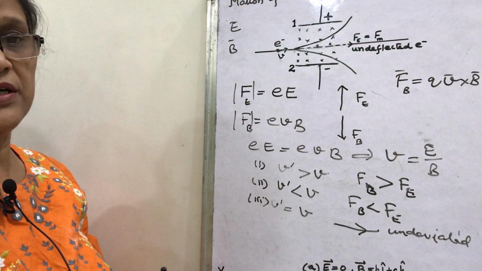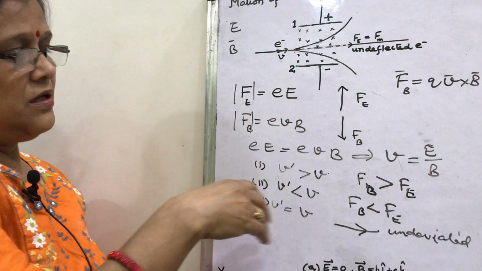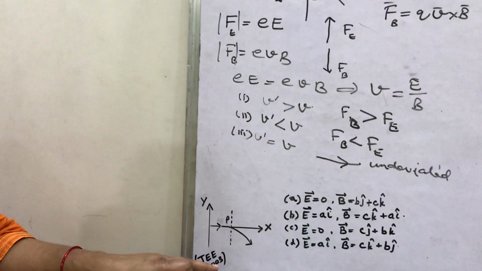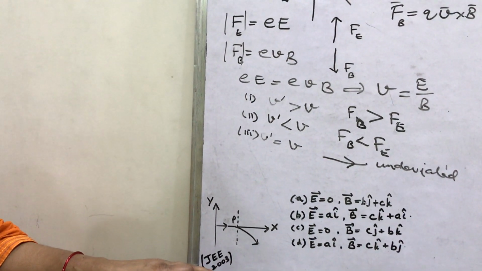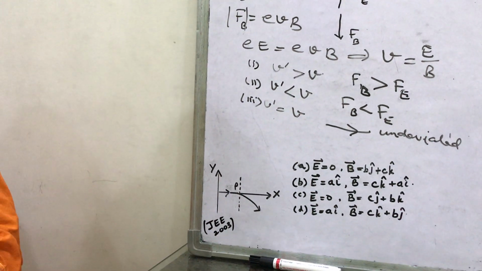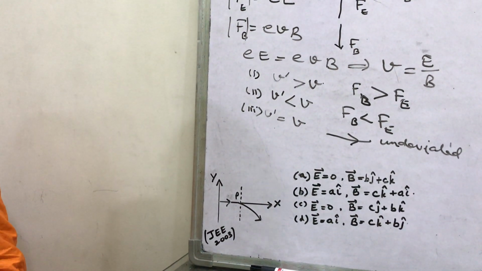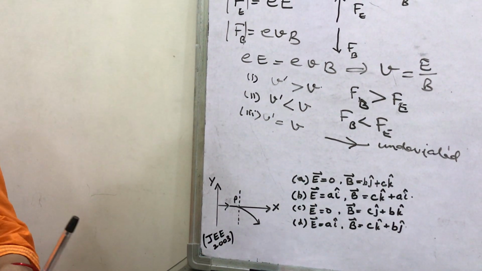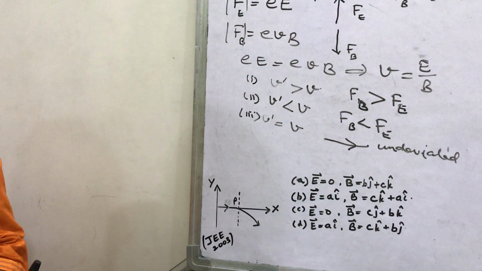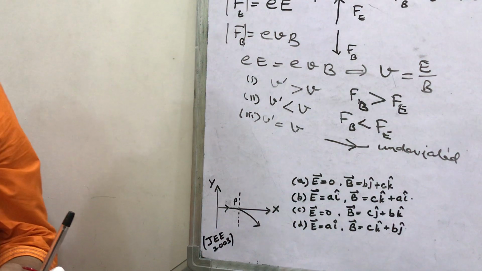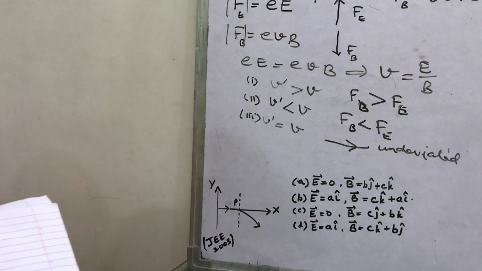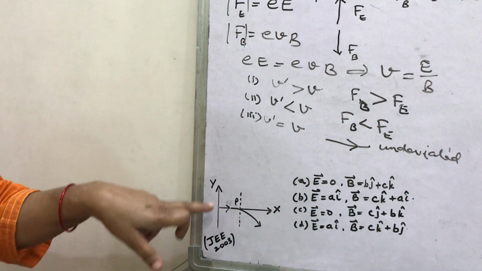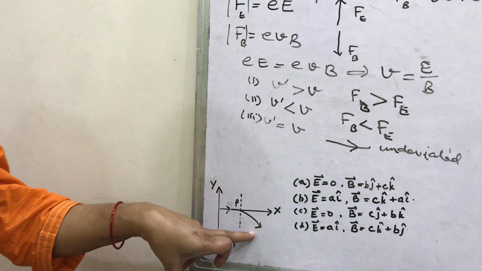And the question based on this theory, I am reading the question. This question was asked in JEE 2003. What is that question? Listen, in this question it is given that a charged particle is moving along the x-axis. It is shown in the figure that a charged particle is moving along the x-axis, in the xy plane, and that particle is positively charged. Listen, I am reading the question for this figure.